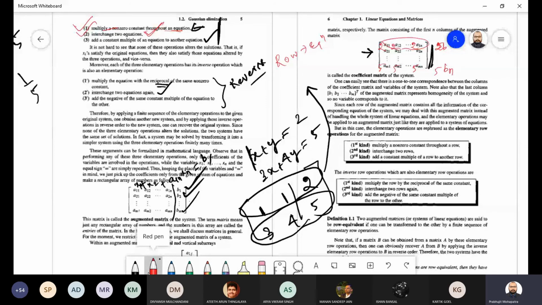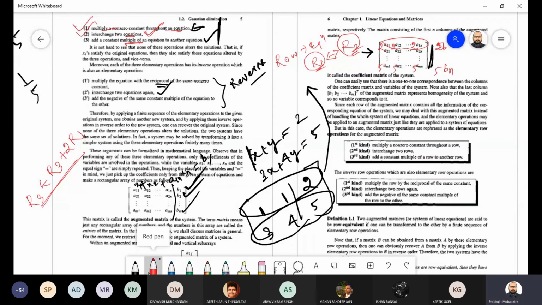You can interchange any two equations. That means you can interchange two rows. So R1 and R2 you can interchange; in place of R1 you can write R2, in place of R2 you can write R1. R1 means row 1, R2 means row 2, Rn means row n. And you can multiply a scalar with an equation and add it to another equation. That means in place of row 3, I can write row 3 plus 2 times row 1. It is possible or not? Because we are doing the same thing in equations, we can do the same thing with the rows also. Getting or not? Yes, sir.